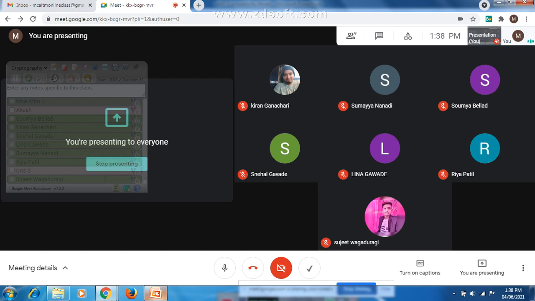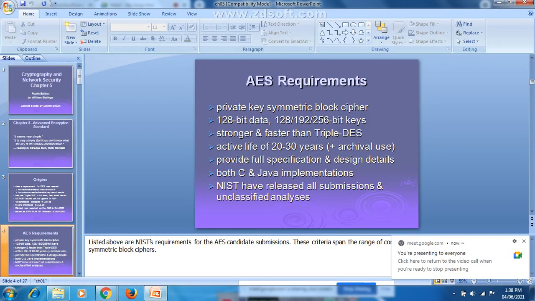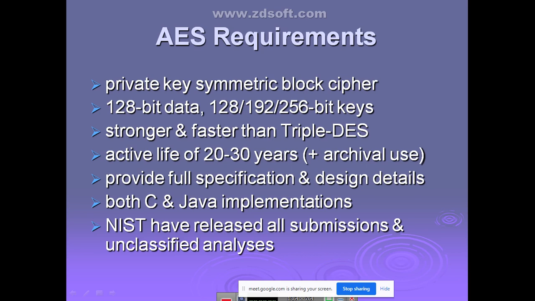Now AES is one type of private key symmetric block cipher. That itself indicates that for both encryption and decryption they are going to use the same key. Right? The same key is used by sender and recipient for encryption and decryption. And it is using the block cipher concept. Block cipher you already know. What do you mean by block cipher? Here it is going to process the plain text in terms of blocks. Yes or no? Not in terms of bits or bytes.